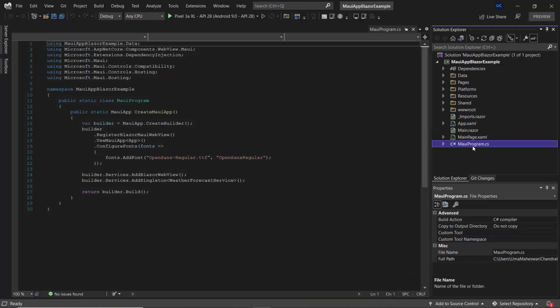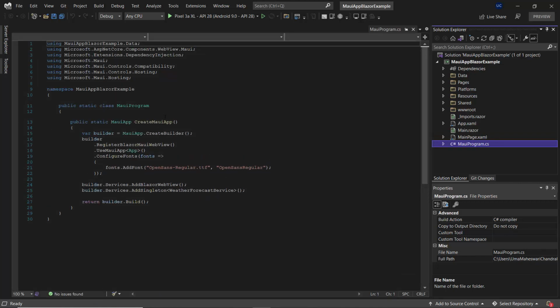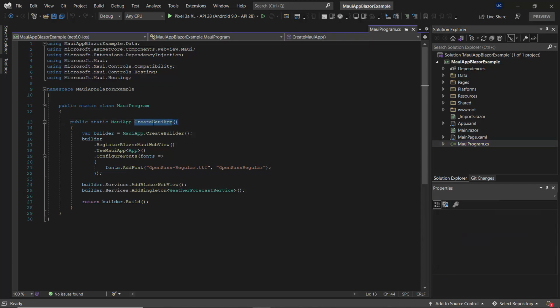Let me open this file, and here you can see the class MAUI program with the method CreateMauiApp. This is the entry point for any .NET MAUI app. This is the place where the handlers or any of the services need to be registered within this particular method.